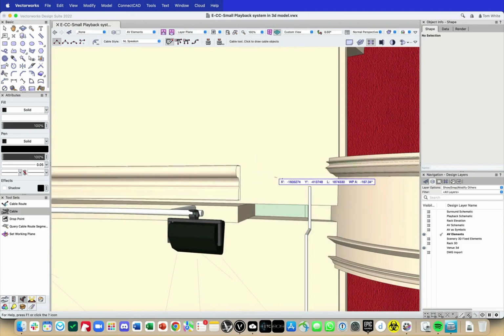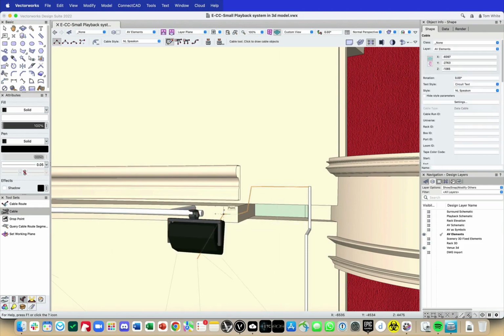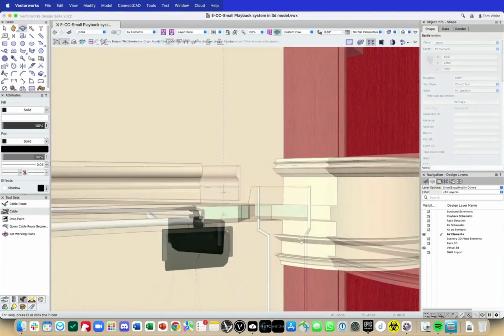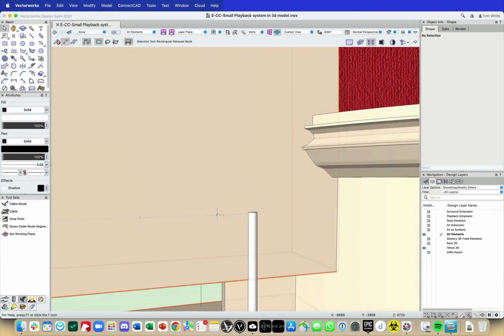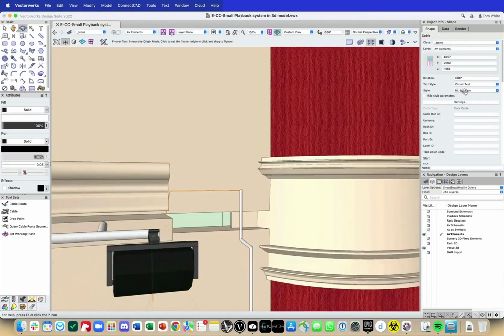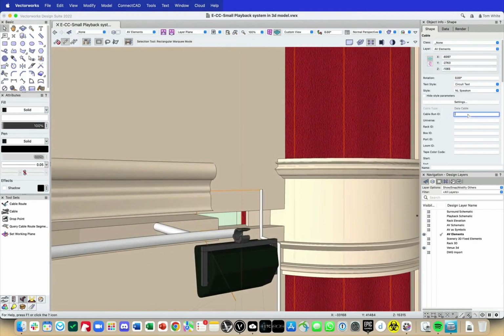I've made a slight mistake, so let's hit backspace, come across to here, down to this point, and we'll just finish up at that speaker. Okay. The only one we're really interested in, so that you can understand how the cable tool interacts with ConnectCAD, is this cable object here, which we need to give a name to. So if we call this cable run ID house left